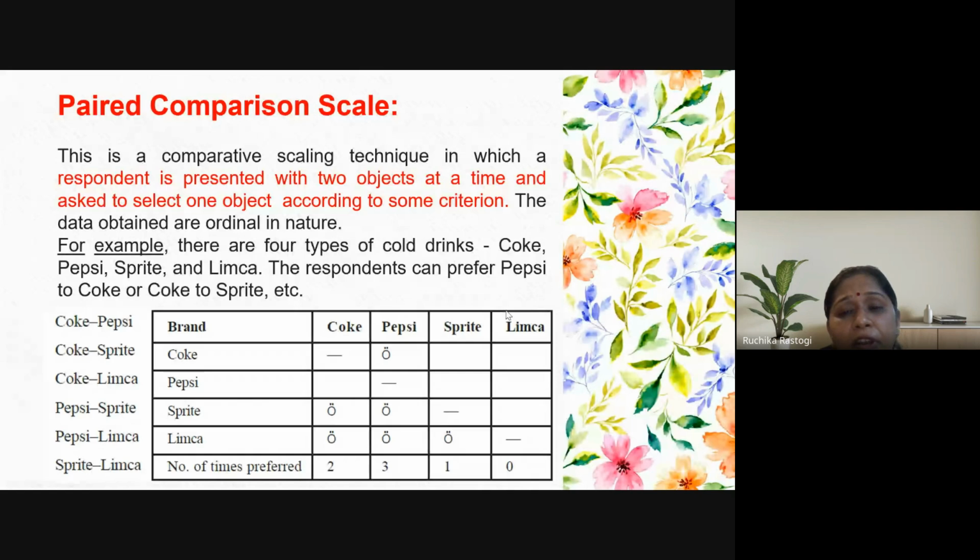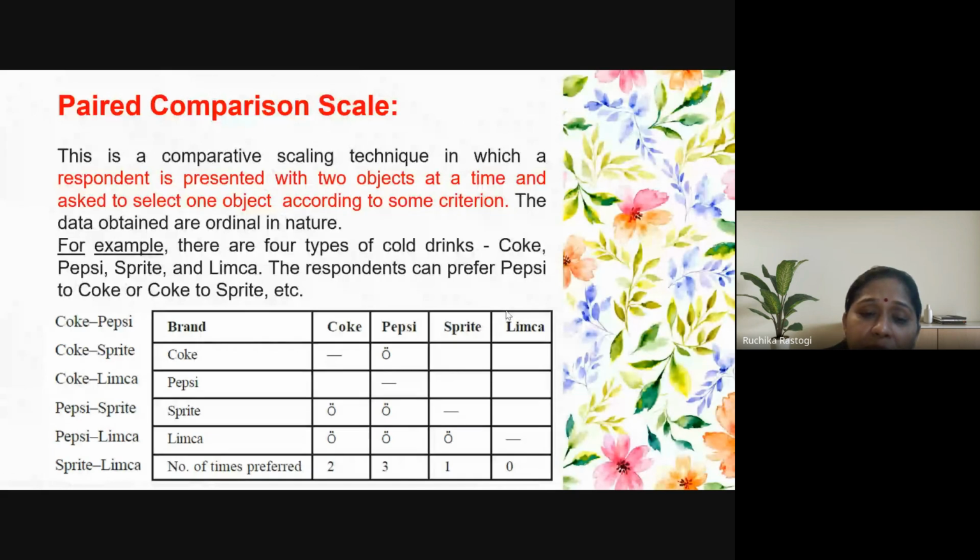When the choice between Coke and Sprite is asked, there was no choice, and Coke and Limca is asked again. Then we are going to the second one. Again, it is a blank one. But when we are going to provide the choices between Sprite and Coke, the person liked Coke. Accordingly, we have given 1 point here. And when the choices between Sprite and Pepsi were asked, the person has again gone with Pepsi. So again, 1 point is given.